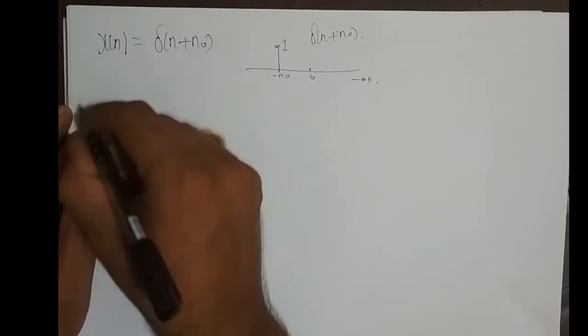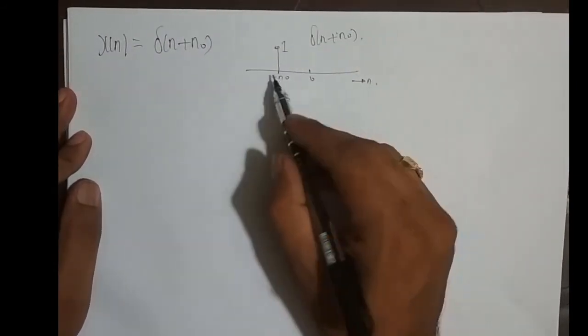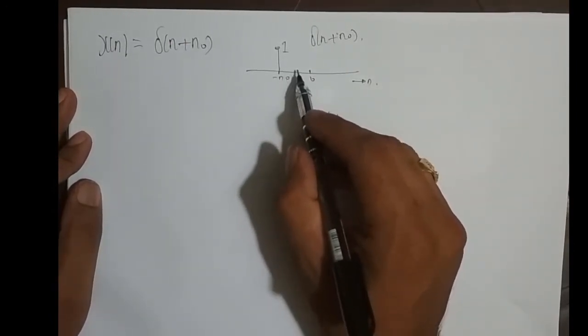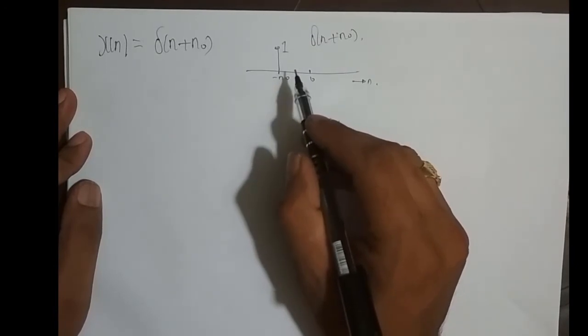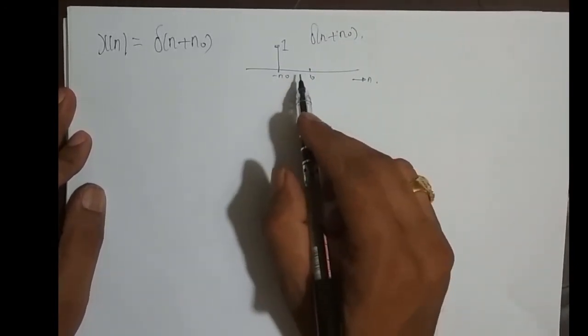So we'll find its z transform. It's a finite length left sided sequence, right? Now what is the ROC of a finite length left sided sequence? It is the entire z plane except at z equal to infinity. So that concept holds good here also. It has to. We'll see that.